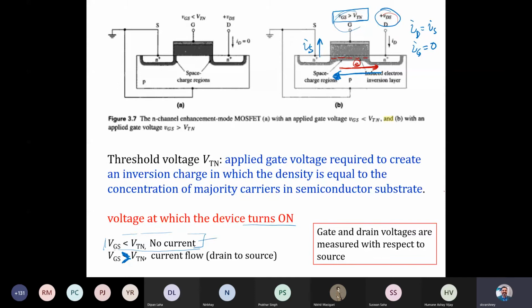If I keep on changing VGS, if you keep on increasing VGS, this region is going to extend. The thickness of the space charge region is going to enlarge as we keep on increasing the gate to source voltage. So you have more conductance, and more conductance means you get a larger current. So for VGS greater than VTN, the conductance of the channel